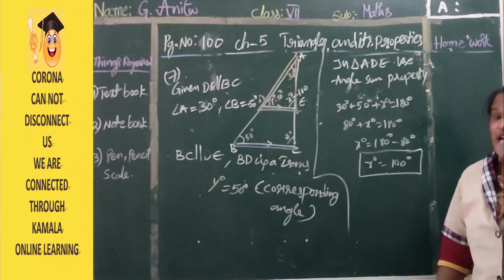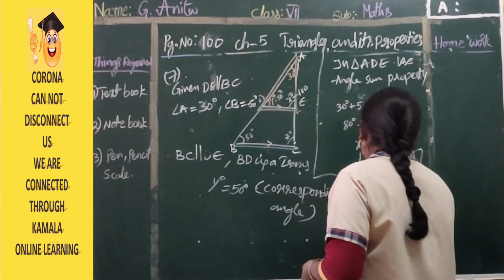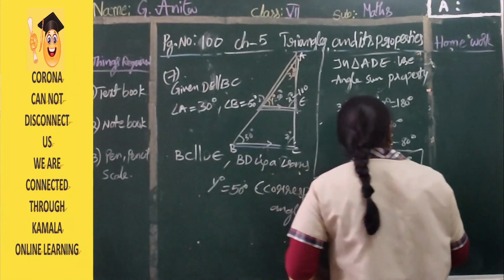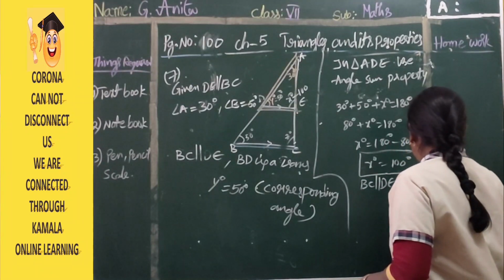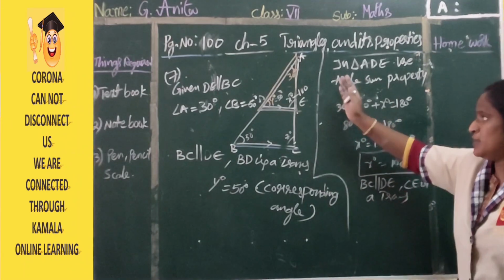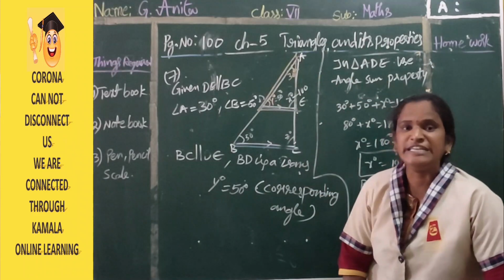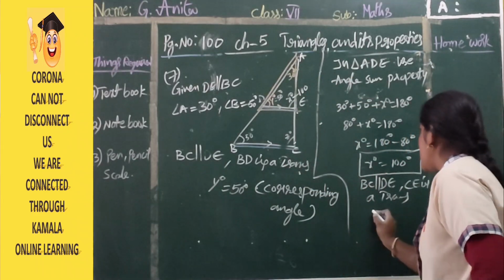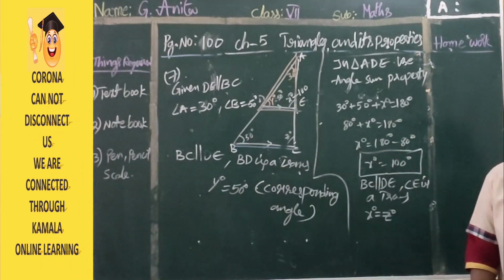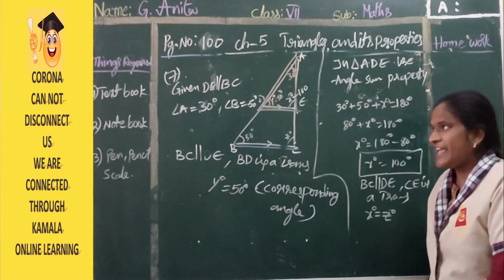So next we will get idea about z also. Yes. So how can you find the z value? BC is parallel to DE. We are assuming CE as a transversal. CE is a transversal. So CE is a transversal means what we got idea? One side of a transversal, one is exterior, the other one is interior angle. So that means x degree is equal to z degree. They both are equal to each other. Why are they equal to each other? Corresponding angles.